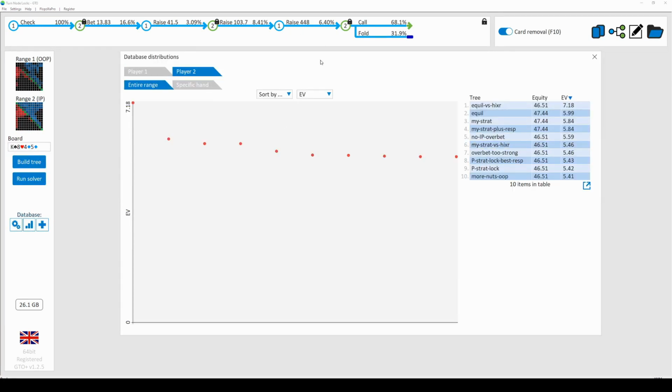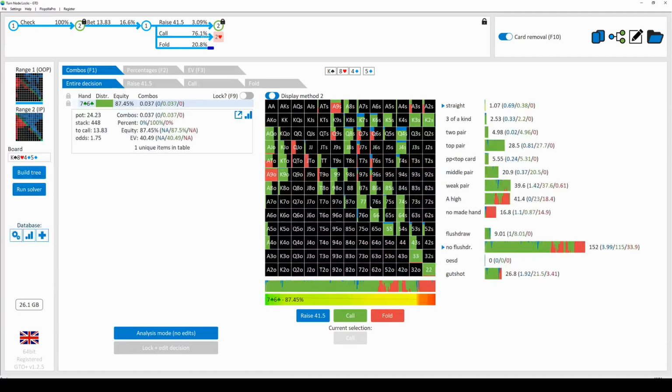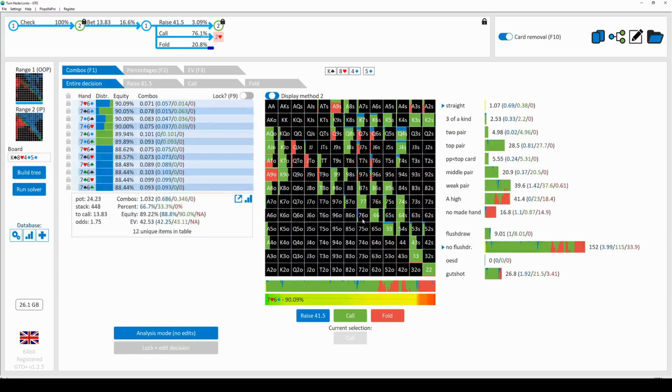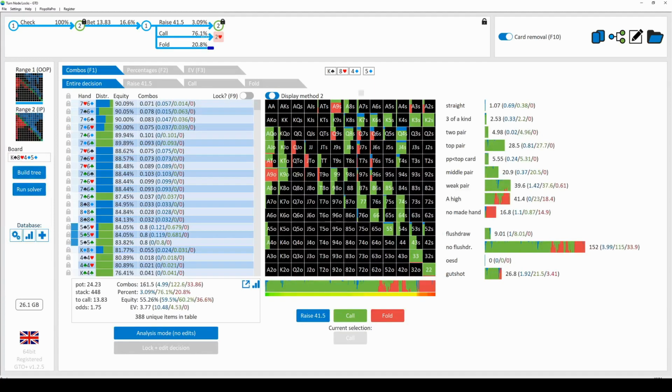So we can see in these solutions that I've looked at, this out of position strategy is not check raising very often, mainly because it does not have very many strong hands that can support a check raising range. But P did check raise. So, I mean, a couple things are possible. One, he has more 7-6 and more sets than I'm assuming. Or two, he's check raising too often, despite the fact that he doesn't have many strong hands. I think it's more likely of those two that he does actually have more 7-6 and more sets here, and that he's not just check raising